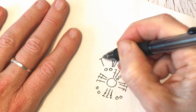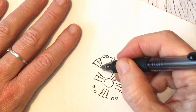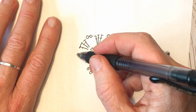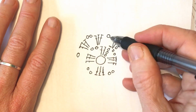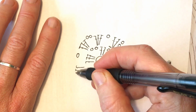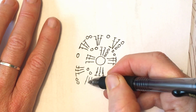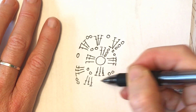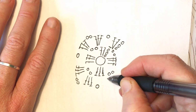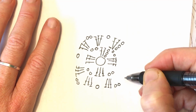So now we have another chain 3, another 3 double crochet shell into that same chain 2 space. We have our connecting chain 1 like we did over here, and then we just do the same thing again. A 3 double crochet shell, chain 2, and another 3 double crochet shell. We have our connecting chain, and you probably know what's coming next. 3 double crochet shell, chain 2 for the corner,